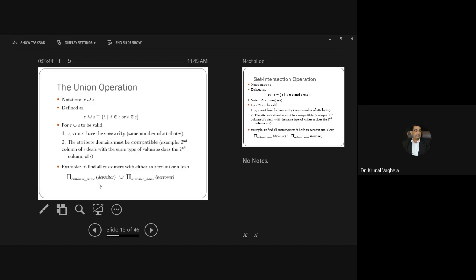So customer name in the depositor, union customer name in the borrower. It will give you the list of either depositor or borrower. That means either account or loan. Simple. Next.